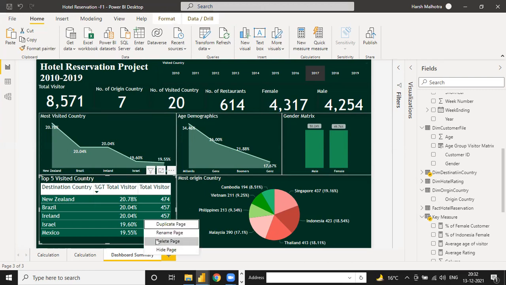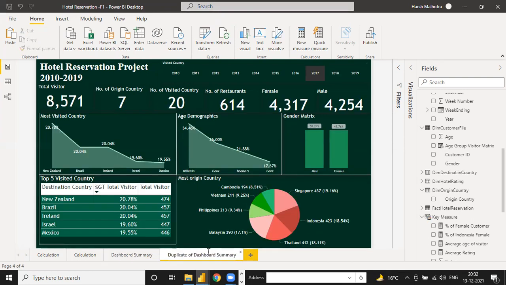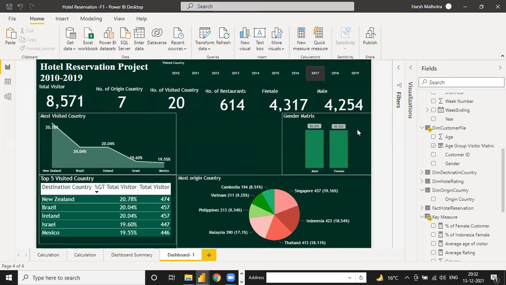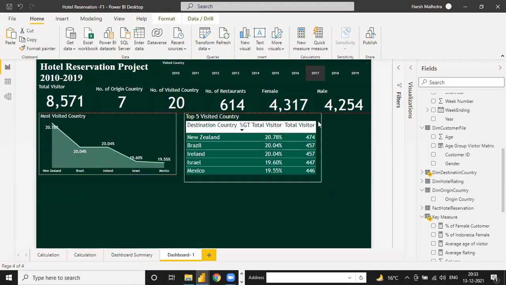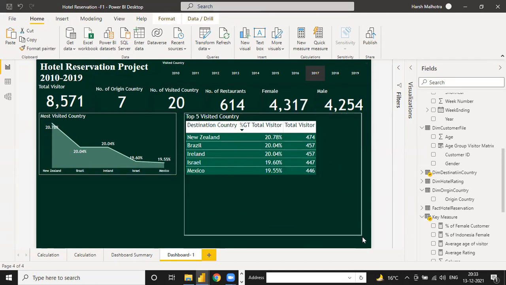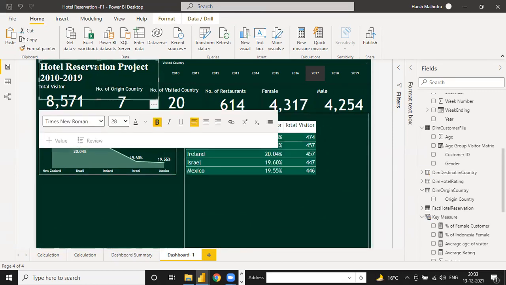See, click this. You have to just duplicate the page, not create another page. Just duplicate the page. Why? I'm going to tell you why. Dashboard one. Okay, so here this is the duplicate page. Now these values you should not change because the heading data is the same for everything, and just change this one. I don't need this one, and this one I don't need, and this table I need. Okay, so select this table and you can change here.